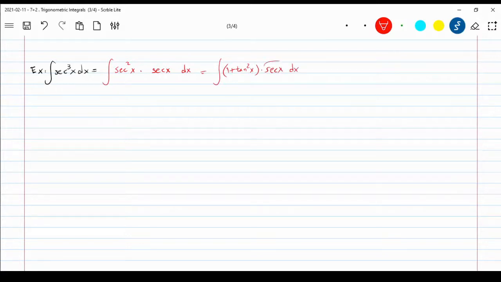The problem here is that if you pick secant to be the substitution u, the derivative is secant tangent, not tangent squared. And if you pick tangent to be the substitution, then the derivative would be secant squared, not secant. So the substitution does not work if you're dealing with secant to the odd power. If it was tangent to the odd power, then you could do exactly what we did earlier. But secant to the third power turns out to require